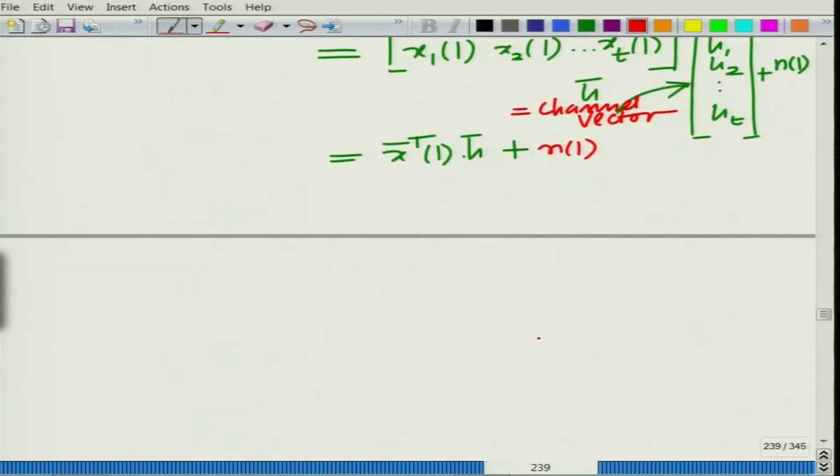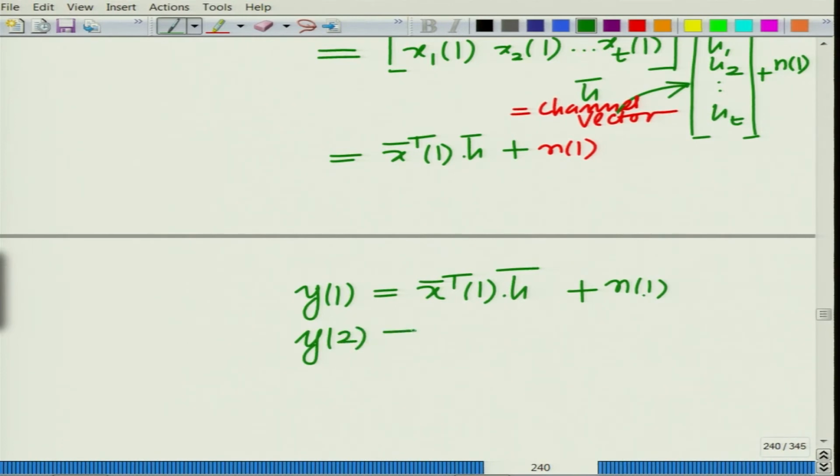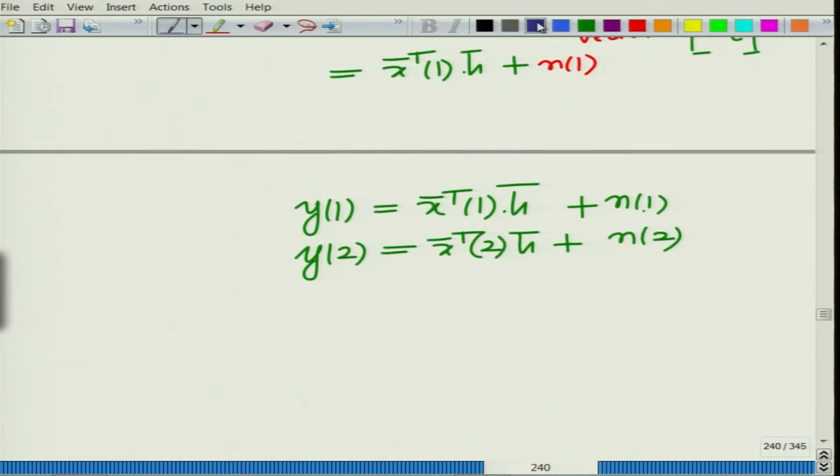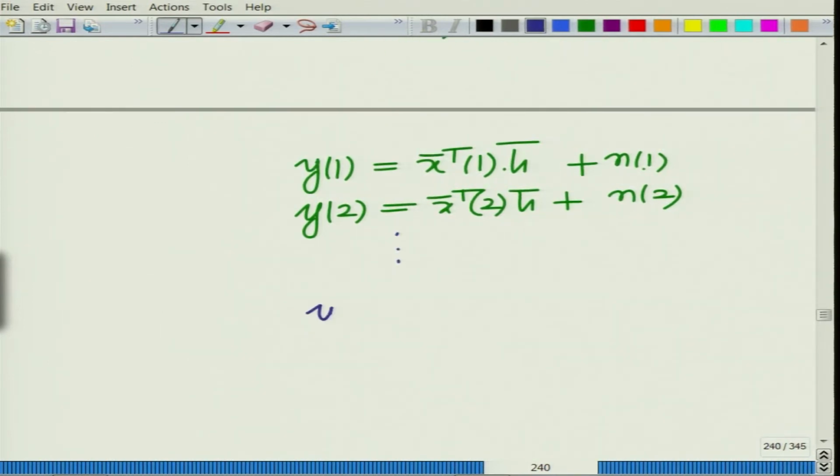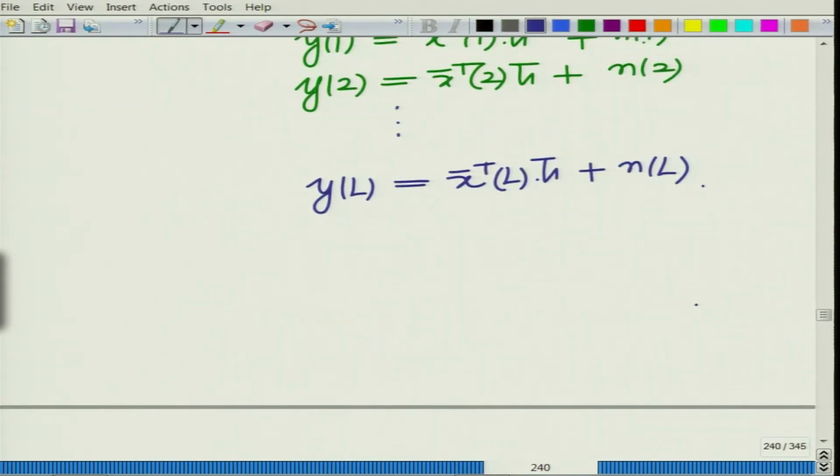So, the output at time instant 1 equals x bar 1 transpose H bar plus N1. Similarly, the output at time instant 2 equals x bar 2 transpose H bar plus N2, and so on and so forth. The output at time instant L equals x bar L transpose H bar plus NL,